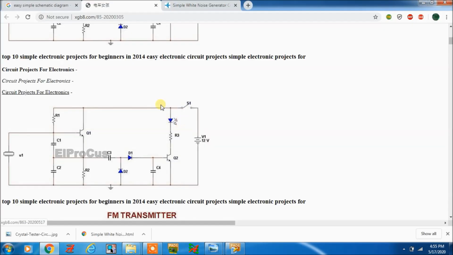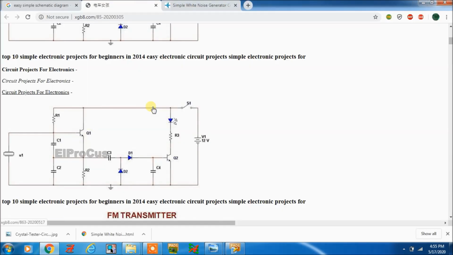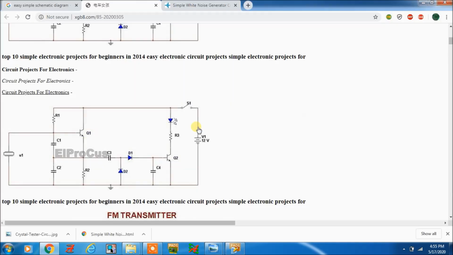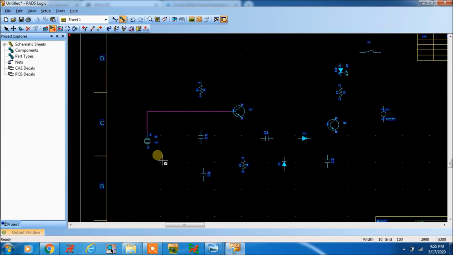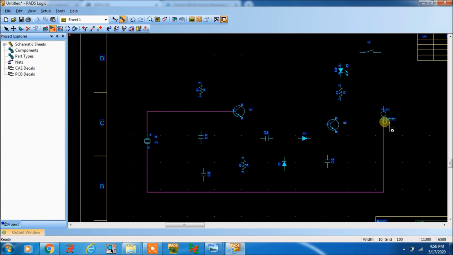So everything I have made in proper way. Now I can add connection here. This is the add connection. F2 is the shortcut key for adding connection. First just connect it with battery.